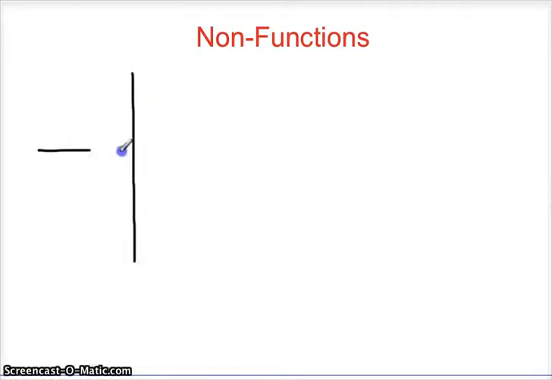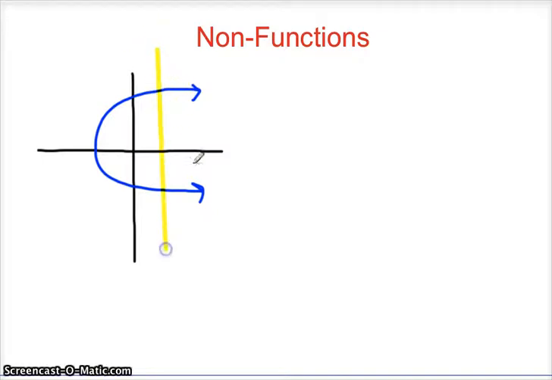So graphically, a non-function. If I draw a relation or an equation, a graph, that looks like this, notice my vertical line test doesn't cross my relation once, it crosses it twice. So no good, not a function. That means if this x value is 2 and this y value is 4 and this y value is -3, for this one x value of 2, I have 2 y values: a y value of 4